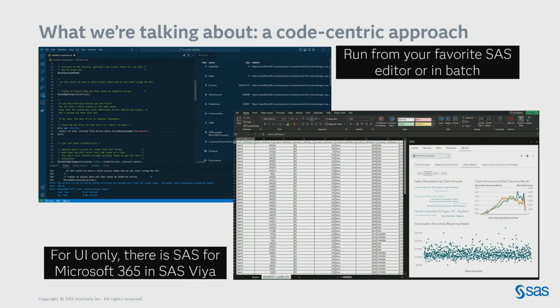If you actually have to go the other way, if you have Office applications that you want to access SAS content from, we have a whole product for that. It's part of SAS Viya. It's called SAS for Microsoft 365. And that allows you to, from within Excel, for example, get to your visual analytics reports or your data and pull that into Excel. So that's a whole different topic and a whole different technology. What we're talking about here is, I've got SAS code, I need to import or download content from my SharePoint, or I've created something in SAS and I need to publish it to SharePoint or Teams. So if that's your situation, that's what we're covering here.